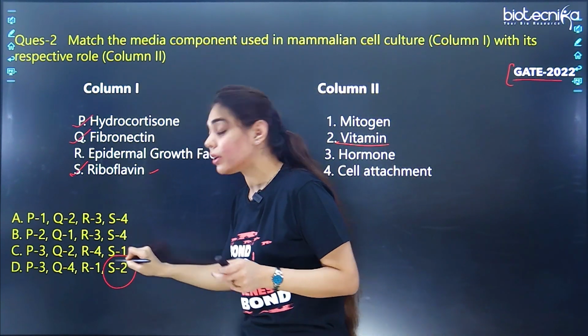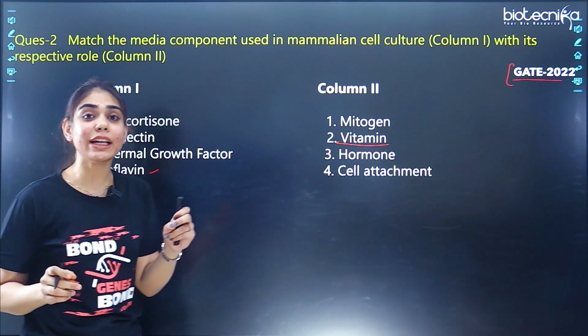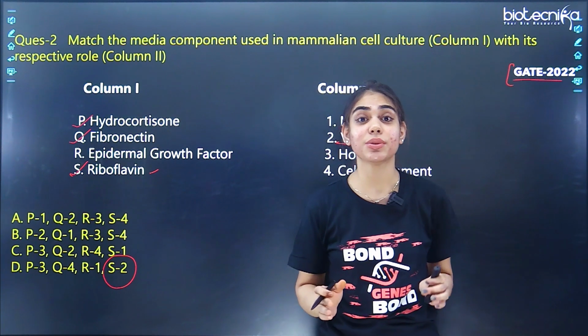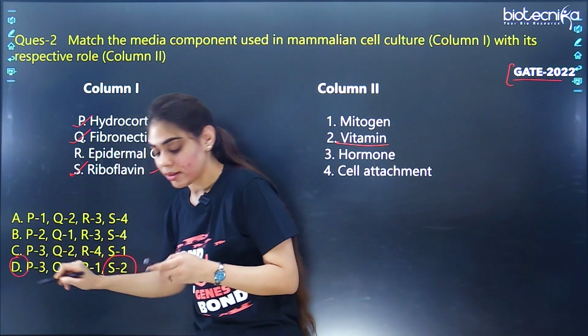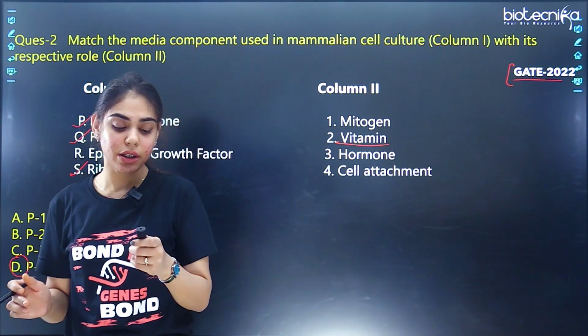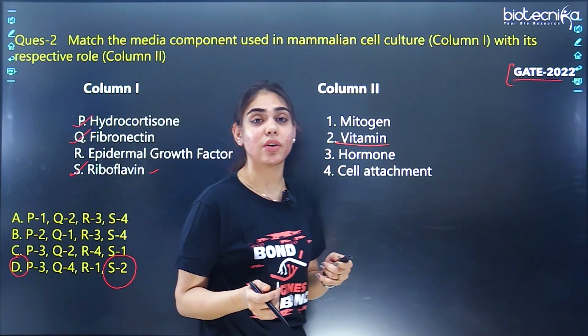S with 2 is given only in one option out of the 4 options. So only by reading one option or finding the nearest option, you can finally reach the final answer. So here the option D is the correct answer. So I'm sure this will help you in solving all the strategies for the match the following question type that is asked in GATE biotechnology exams.